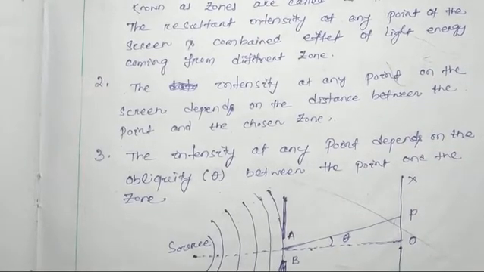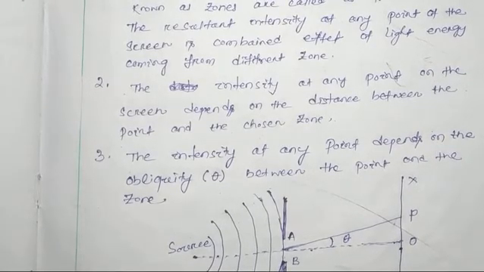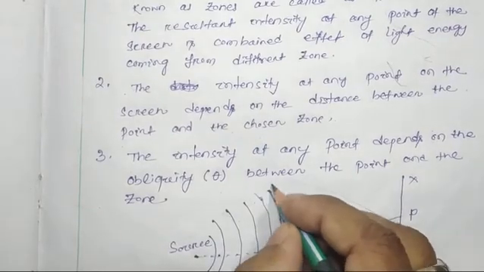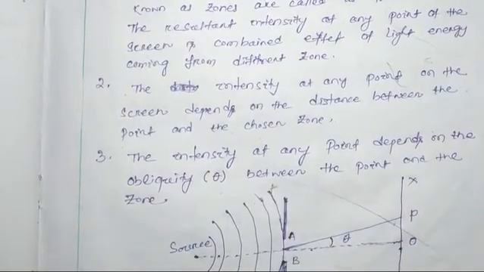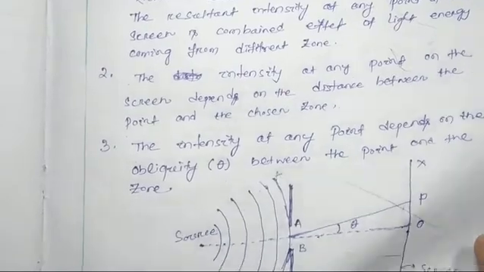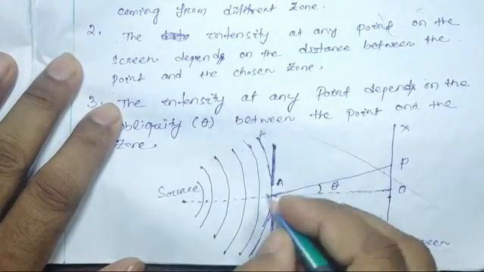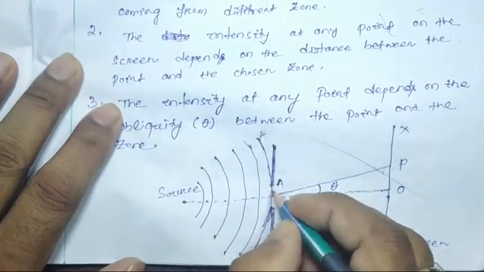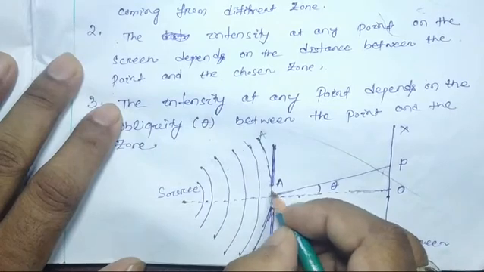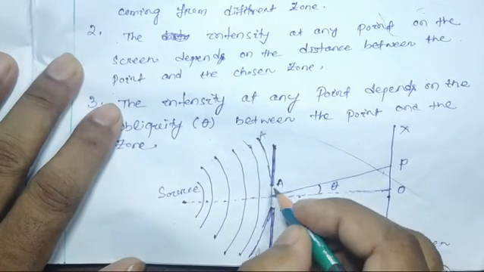So what Fresnel assumed is that, suppose this is the wavefront, this is our A, B. Okay, so this is our AB wavefront. This is A and B. Here, whatever portion has interacted, if this is the primary wavefront, then this